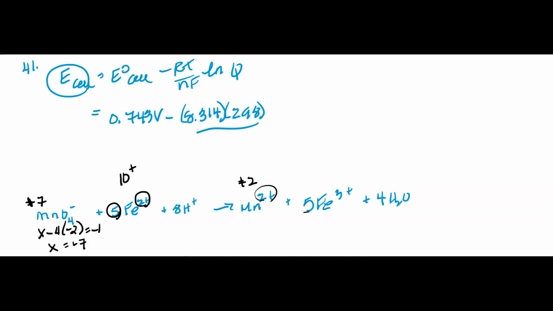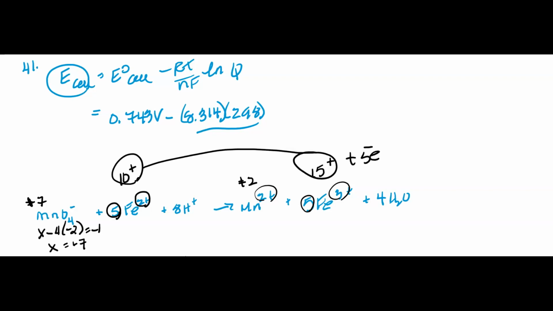And here we have 5 iron 3, each with a charge of 3 plus, so that's 15 plus. So you can see going from 10 to 15, we would need 5 electrons on this side, and then going from positive 7 to positive 2, you'd need 5 electrons here. So I'm just confirming 5 electrons, 5 moles of electrons,